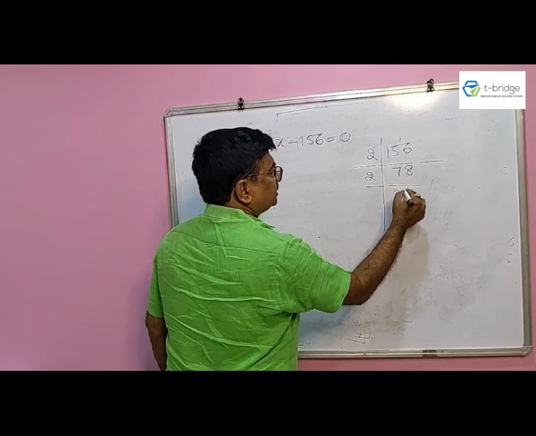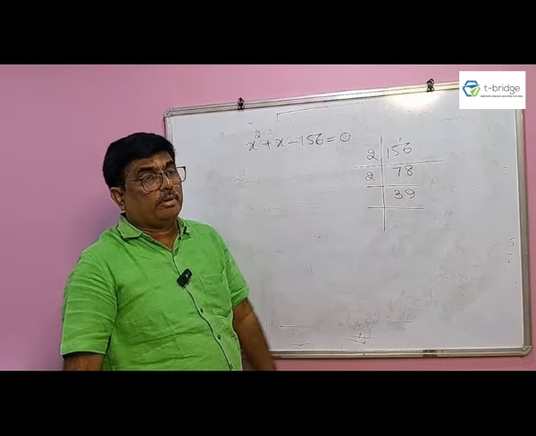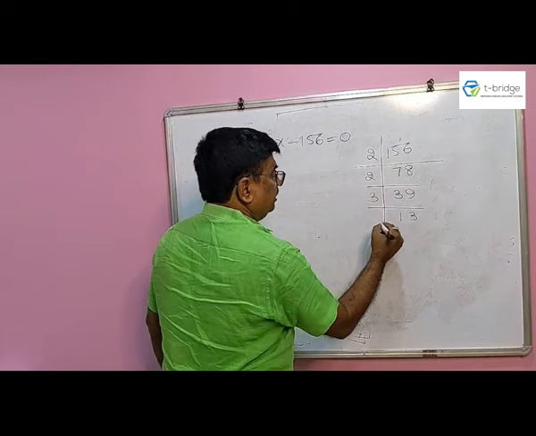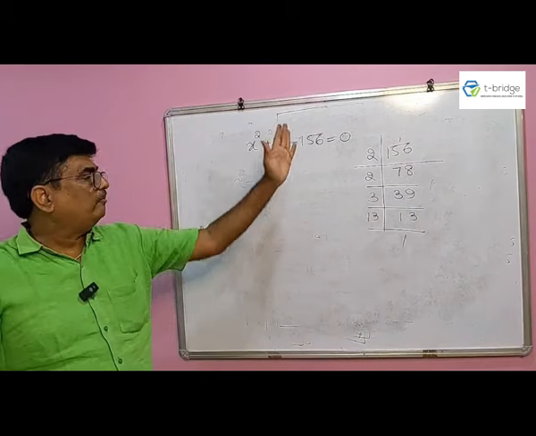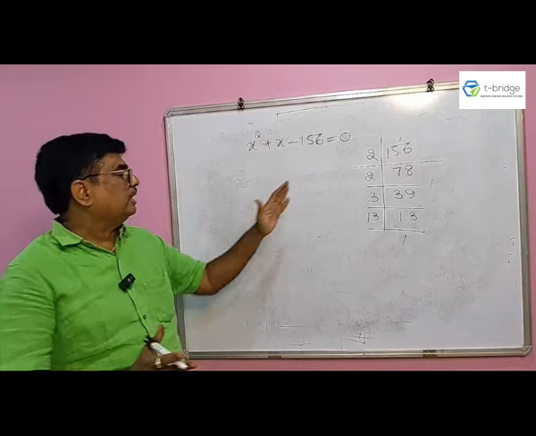2 3 जा 6 कैरी 1, 2 9 जा 18। ये 2 से डिवाइड नहीं होता क्योंकि यूनिट प्लेस में ऑड नंबर है। 3 से चेक करेंगे, 3 1 जा 3, 3 3 जा 9, देन 13 1 जा 13। ओके, हम प्राइम फैक्टर्स करें इसका। प्राइम फैक्टर्स करने के बाद हमारा कॉमन सेंस यूज करके इसके अंदर एडजस्ट कर लेना है।